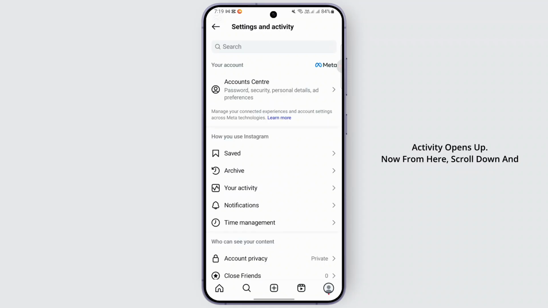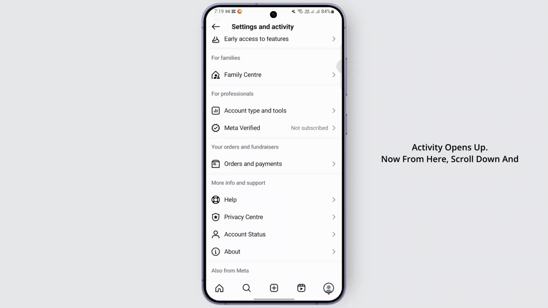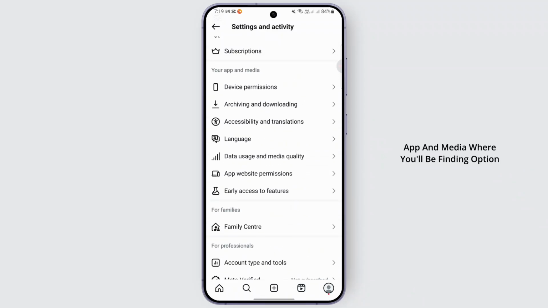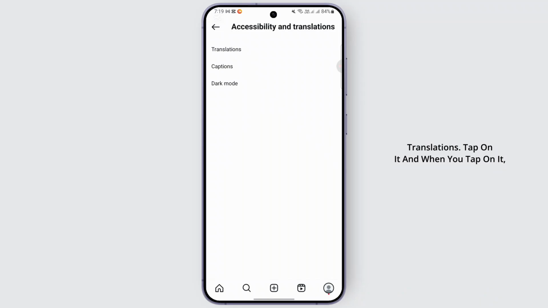Now from here, scroll down and go over to this section of your app and media, where you'll be finding an option called accessibility and translations. Tap on it, and when you tap on it, you will be finding three options. Select the option called dark mode,